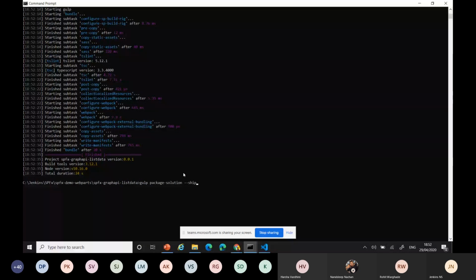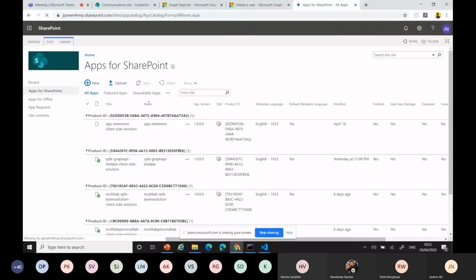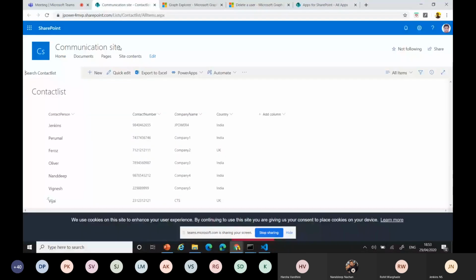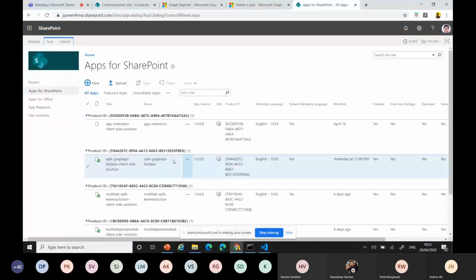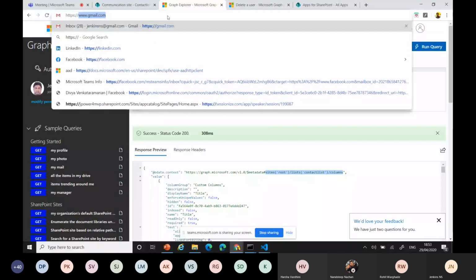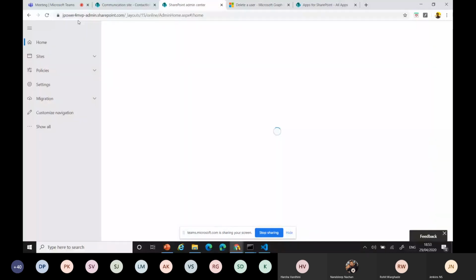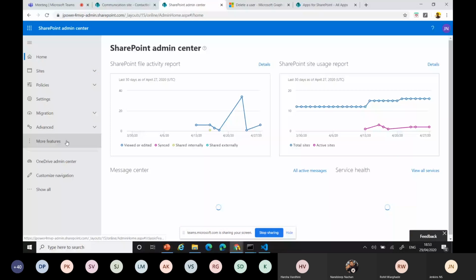It's already shipped there. Can you see the application here? Meantime, I can open my SharePoint administration page, that's my domain-admin.sharepoint.com, to grant permission.